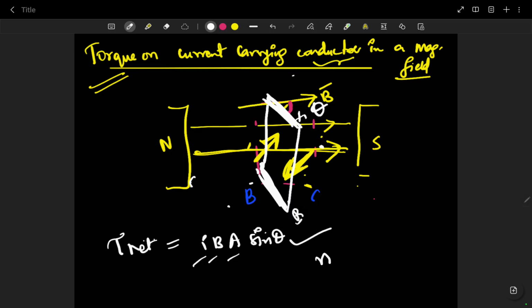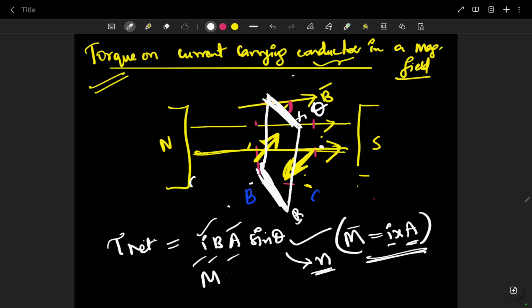For number of turns, you can just multiply this formula with n, and so you will have magnetic moment, which is basically I into A, current into area. So for a loop, the current into area, just like how you had electric dipole in chapter 1, right? Instead of using I and A, we can just use M, and you can also call it MB sine theta, or else for n turns NMB sine theta. That also works. So in cross product form, we can simply write tau is equal to M cross B,